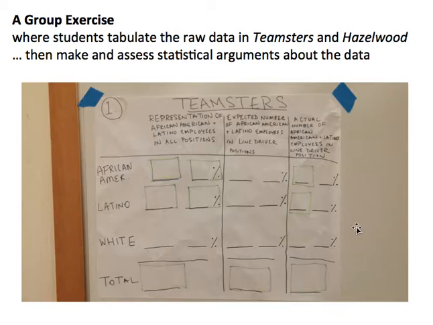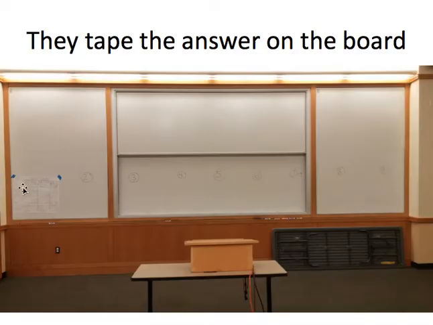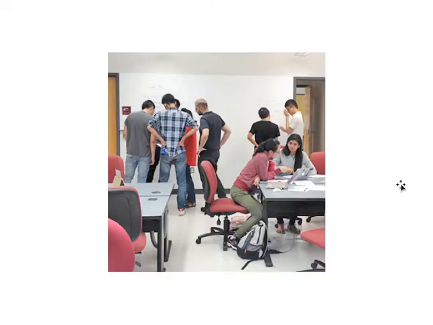So I'll put them in groups and have each group fill out one of these that represents a different statistical figure or argument in the Teamsters or Hazelwood case, as you can see in the blank worksheet. And then I have them all tape each of their flip charts to the board like this, next to the number on the board. And then we stand around and look at the flip charts and discuss them. I ask them which statistics are persuasive, which are not persuasive, and why, and we make various statistical arguments and counter-arguments. These are actually BU undergrads, but I think the process of standing and looking and discussing informally leads students to feel a little bit more comfortable